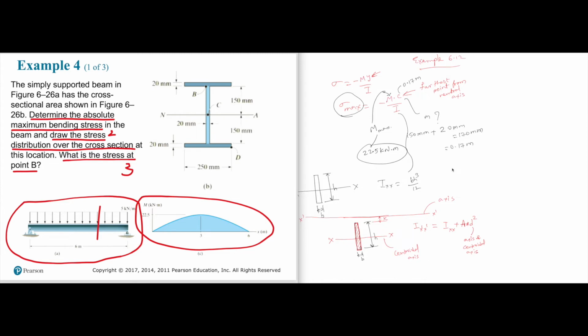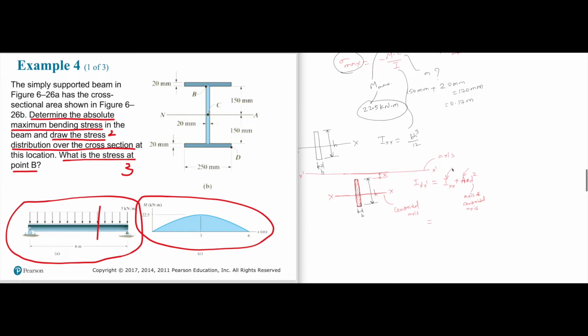So if we have to calculate moment of inertia with respect to an axis that is not passing through the centroidal axis, we can still find the moment of inertia by the parallel axis theorem, which is moment of inertia with respect to the centroidal axis plus area of the element times square of the distance between the axis and the centroidal axis. Now tell me, what is Ixx? We know that, right? It is nothing but BH cube over 12 plus